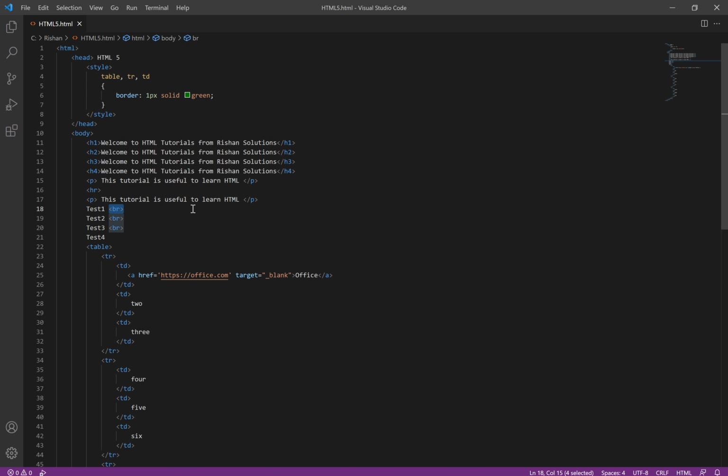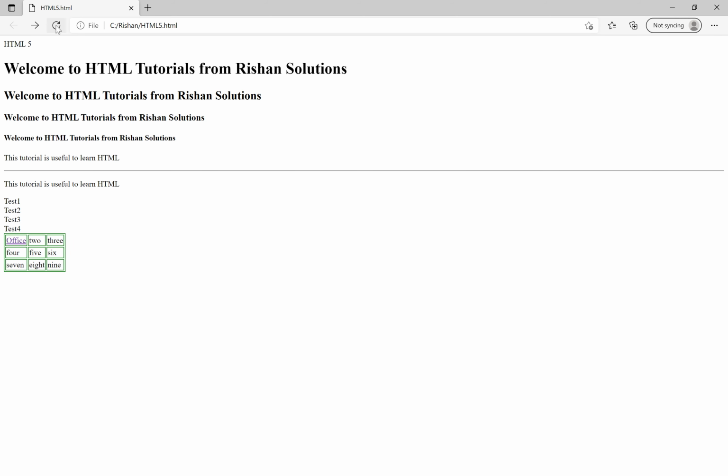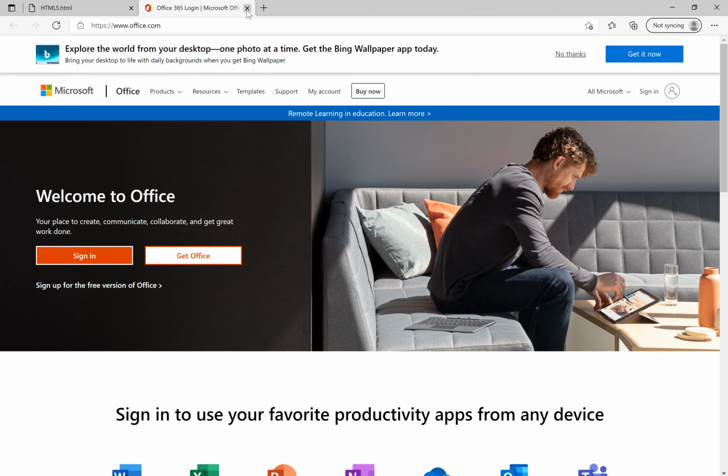And coming back to the attributes, they are defined with values. For example, this is an href, and this href contains a value https office.com, and most of the times when you are writing in the editors, it accepts the double quotes, and you can see the double quotes as well. So if you have double quotes, it will work. I'm saving this. Come back to our HTML page. In the HTML page, when you refresh and click this one,